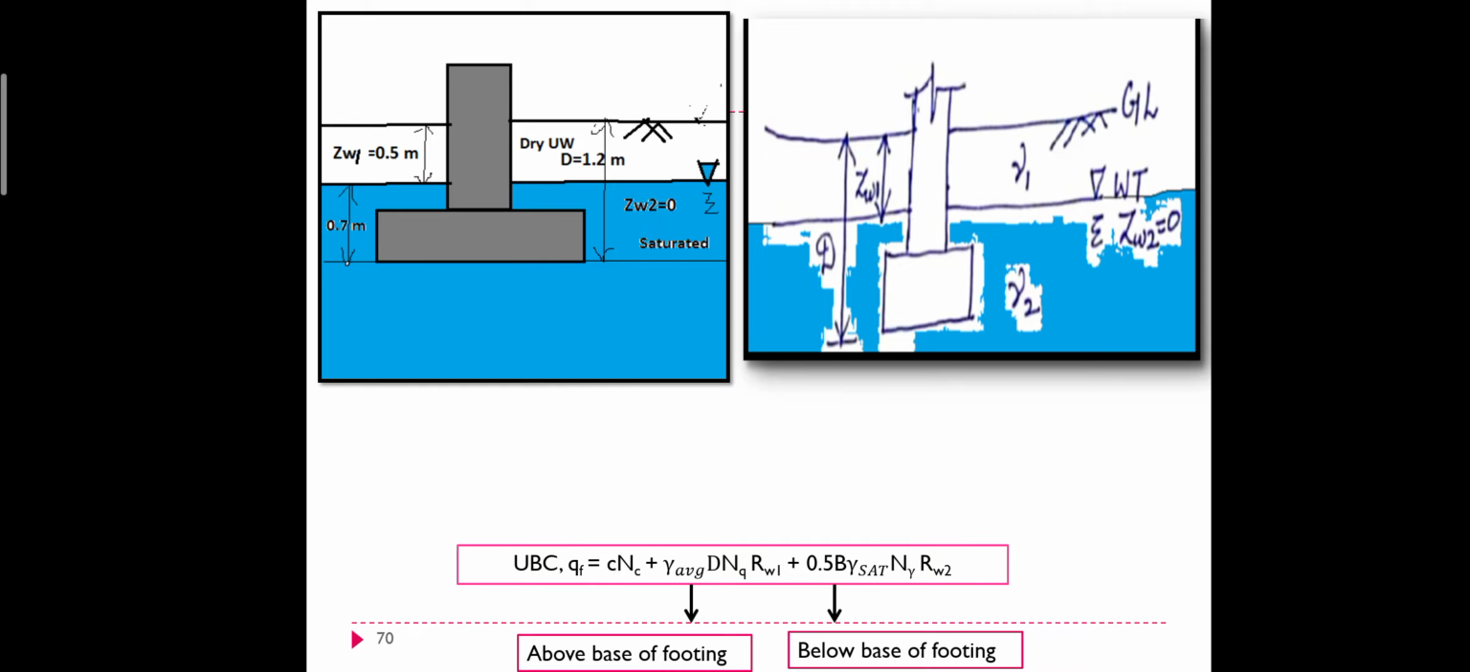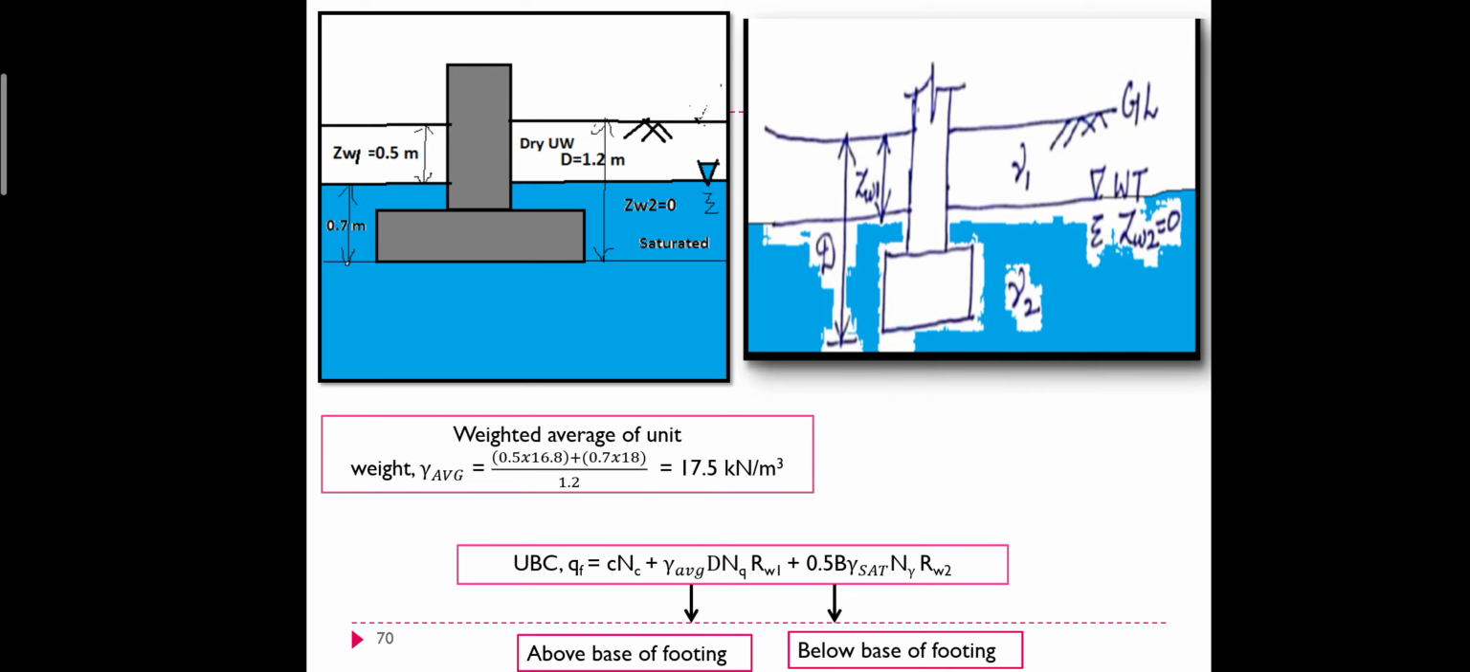So how much depth is wet above the base of the footing? 1.2 minus 0.5. How much is it? 0.7 meter. So for 0.7 meter the soil is wet. And how much portion is dry? 0.5 meter is dry. So when you encounter two types of soil, either above or below, you should always find